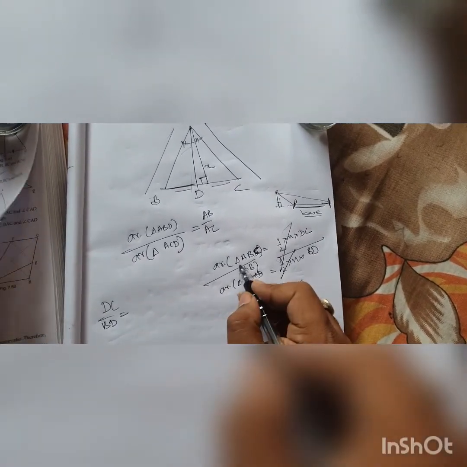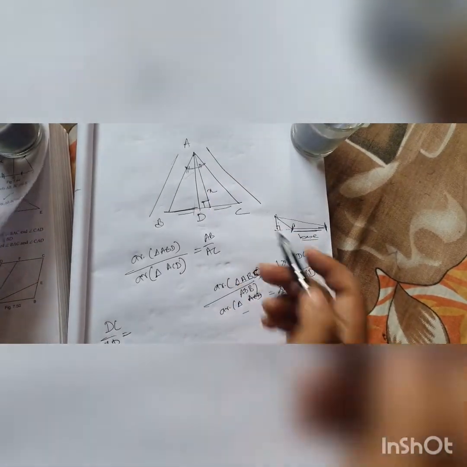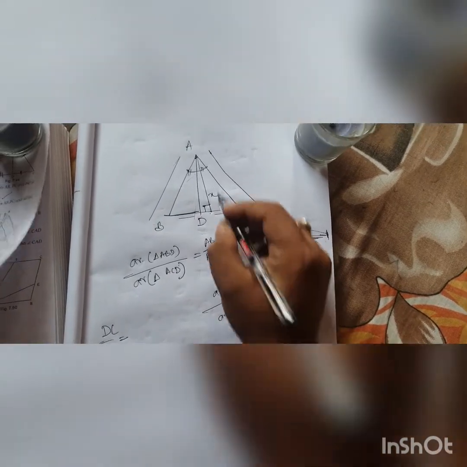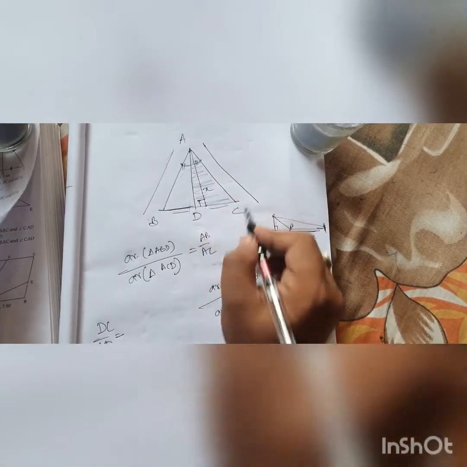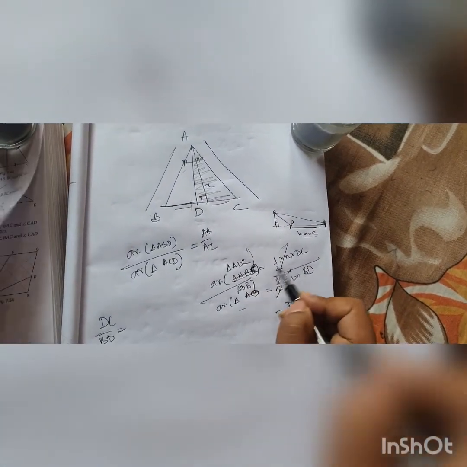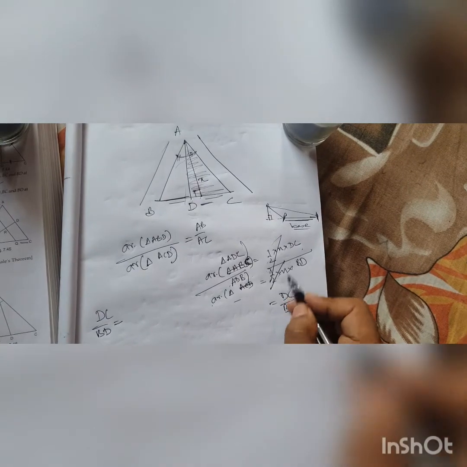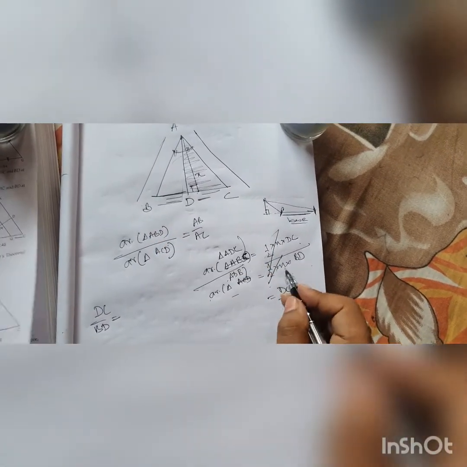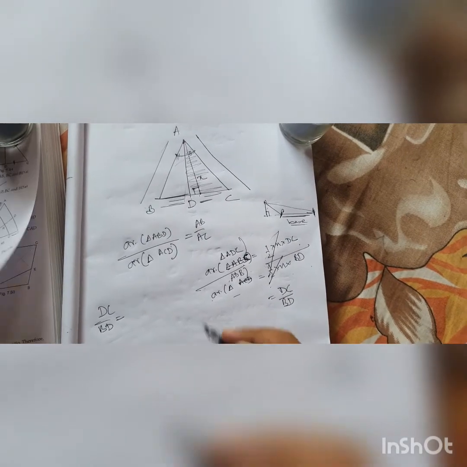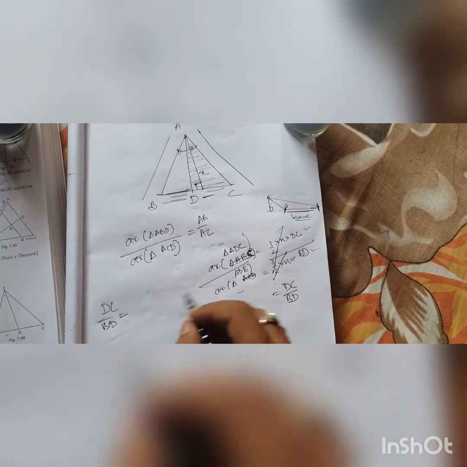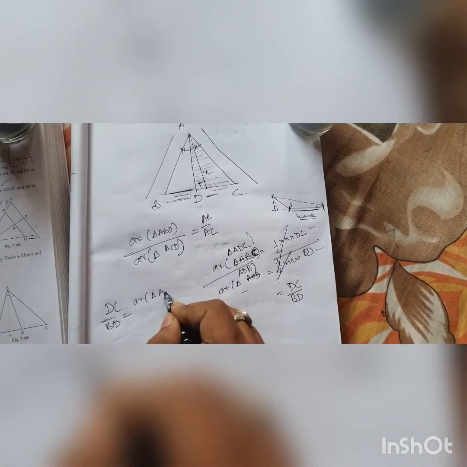So now we will get what? I am again making a mistake, it should be triangle ADC. This triangle, the name is not important, I just mean this triangle. Triangle ADC is equal to half into x into DC, and triangle ADB is equal to half into x into BD. Okay, so you get DC by BD in the case of area of triangle ADC by area of triangle ADB.